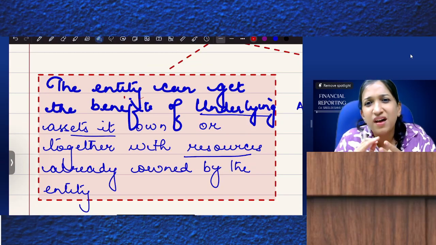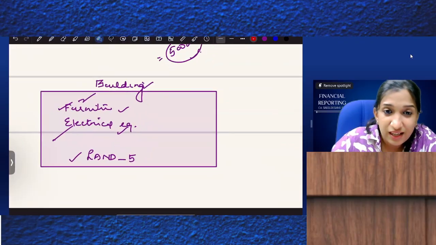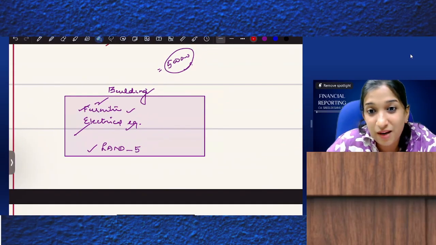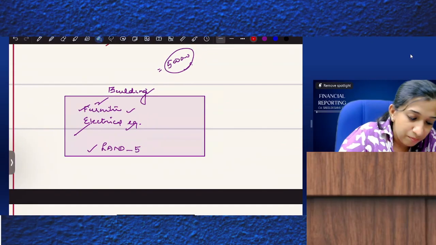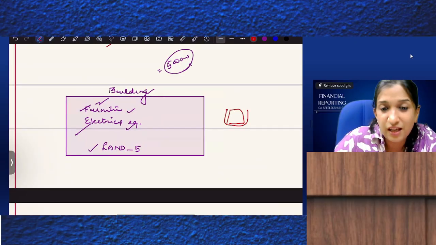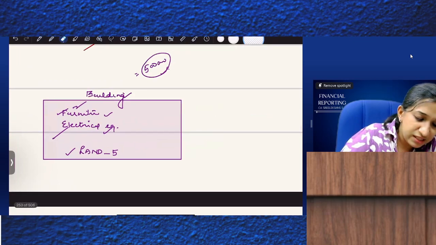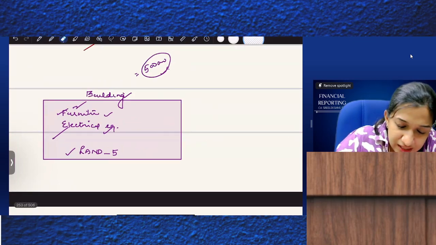Building, furniture, electrical equipments? Can you please explain? Land you cannot get the benefit of separately, but here, if in that land a building is already constructed, then you will not get the land benefit separately. Now I'll explain this point. In this building,